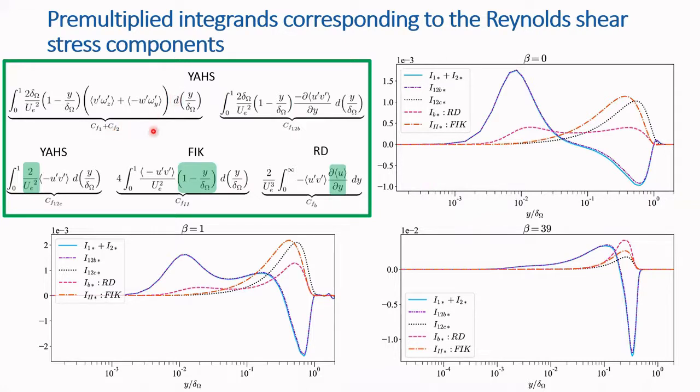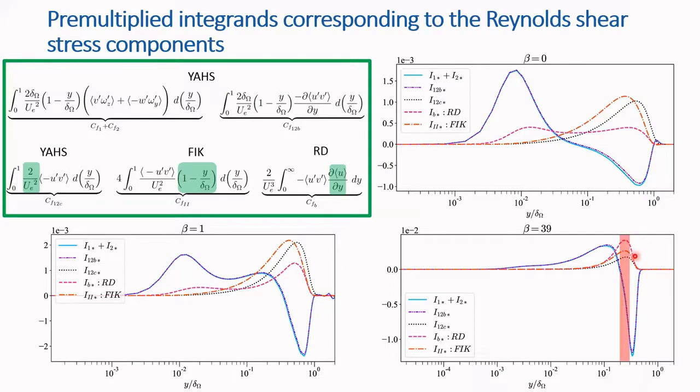So we saw that CF1 and CF12B are similar, which can be seen from these profiles. They match pretty closely for all the pressure gradient cases. And CF12C, which is derived from CF12B, is shown in black lines here. The characteristics of CF12C and the one in FAK are pretty close for all the pressure gradient cases, but the turbulent contribution from the Renard identity has an inner peak in the zero pressure gradient case, which continues to decrease while the outer peak grows.